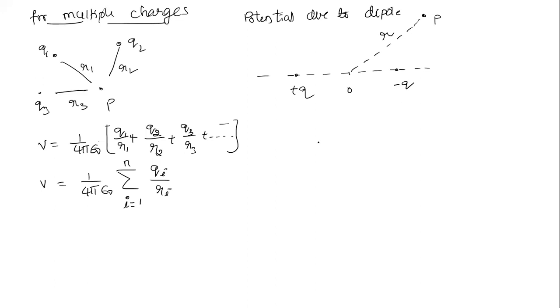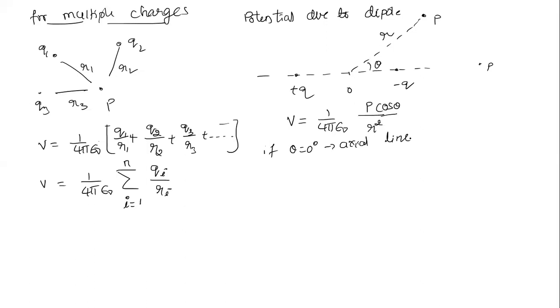So if you simplify this, you get a potential like this. V is equal to 1 by 4 pi epsilon naught times P cos theta by R square, where theta is this angle. Okay, P cos theta by R square. Sir, if theta equal to 0 degree, it means some point P somewhere here. That will become 0 degree, right? So this is what we call the axial line.